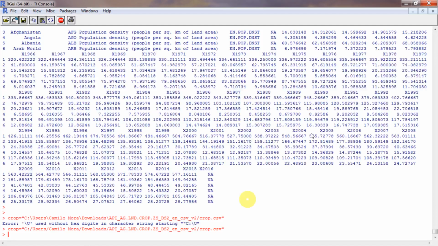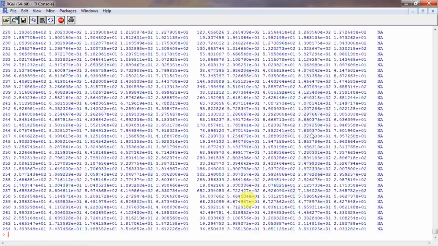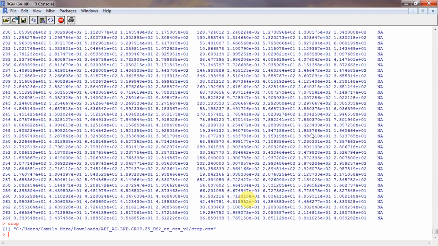Now let's type crop, and saying that crop is that test. But how is it that we don't get the database though, right? Before, when you type pop, the variable pop, which is the one that we created with population, you get the data, but on this one, crop, you only get a name. Obviously the reason is that we haven't really called the database that is located in this